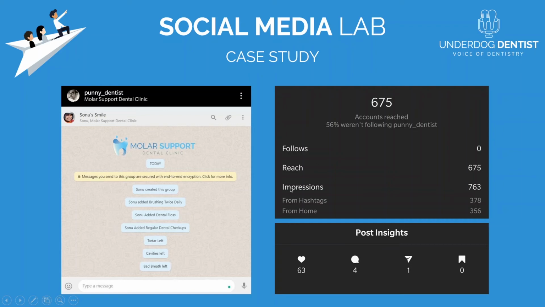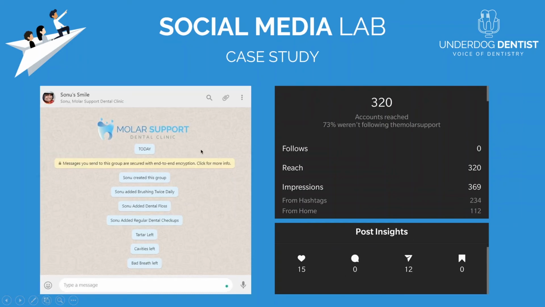Results. Before talking about results, I'll tell you that we sat for some time and manually researched all the hashtags. What we received was 378 impressions from hashtags, and this is the insight. And we did the same post on our clinics page.